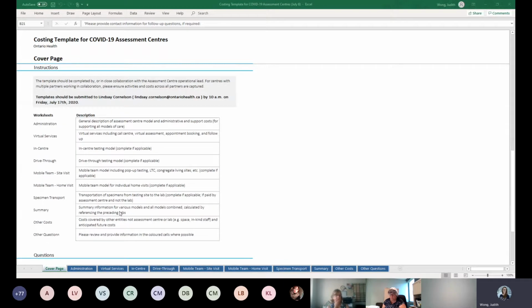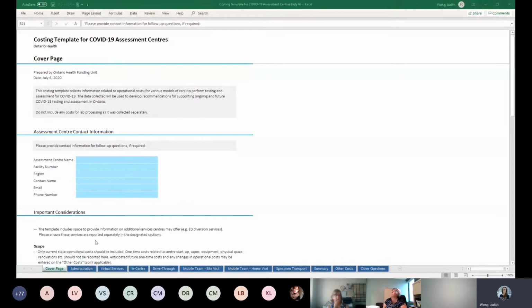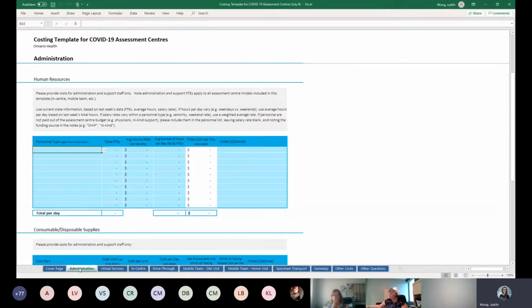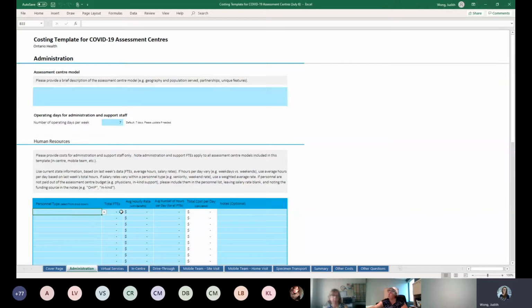It also includes a list of all the tabs in the file, and I'm going to go through all of those next. So the first tab that actually has data collection is the administration tab, and this is meant to cover all of your administrative and your support staff. So any directors, managers, also any IT support, decision support, any coordinators should all be on